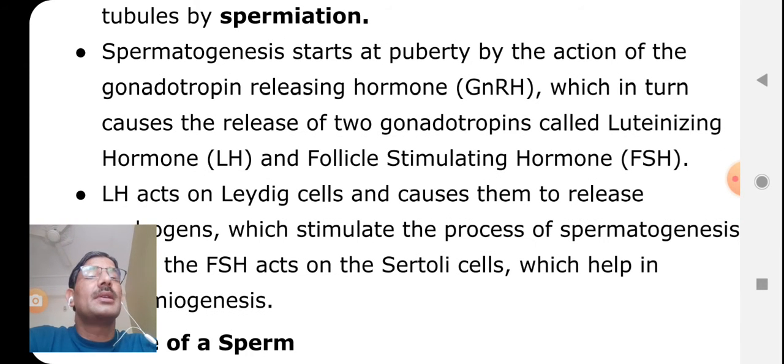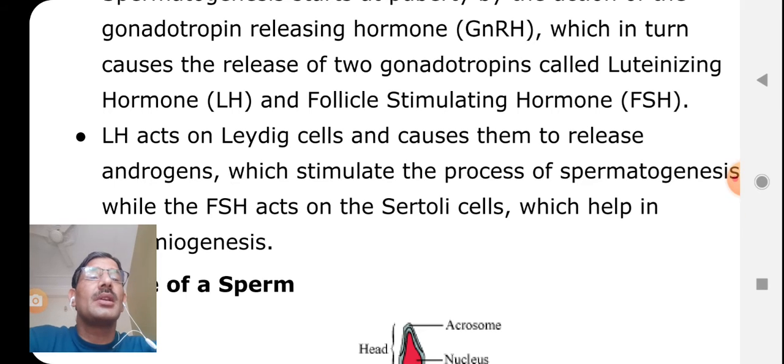Spermatogenesis starts at puberty, but oogenesis begins at the fetal stage in the ovary of the female, right? By the action of gonadotrophin releasing hormone GnRH from hypothalamus, which in turn causes release of 2 gonadotrophins called LH and FSH from anterior pituitary. You might remember from 11th class, human physiology. LH acts on Leydig cells. See, Leydig cells, important. Leydig cells are the interstitial cells located outside the seminiferous tubules inside the